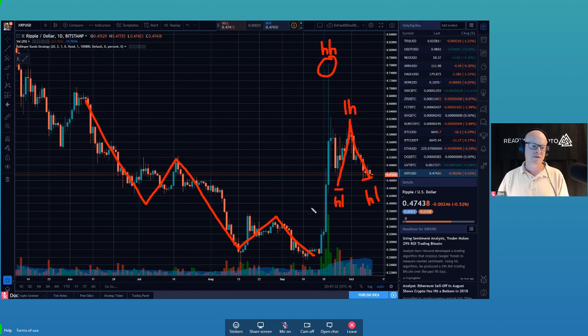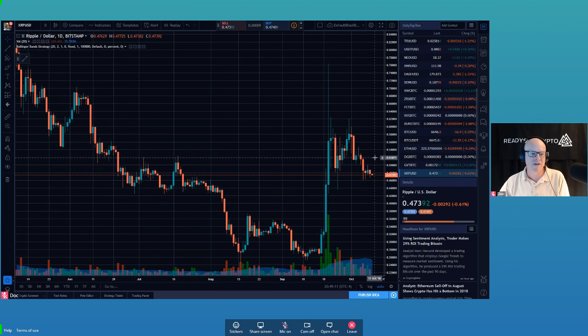Guess what, guys? This is range expansion moving to range contraction. What do you have? You have this thing vectoring in like a big triangle, don't you? This is trendless right now. This is trendless. There is no trend right now. Now, what would have to happen for, so here's quiz time. What would have to happen for this chart to transition to an uptrend?